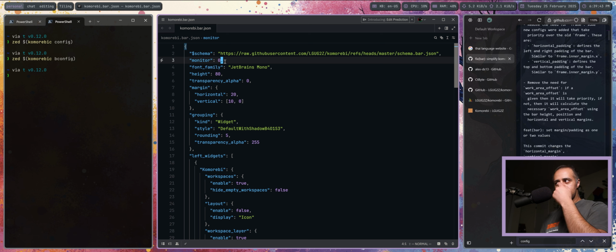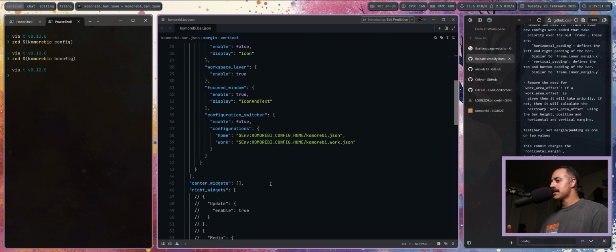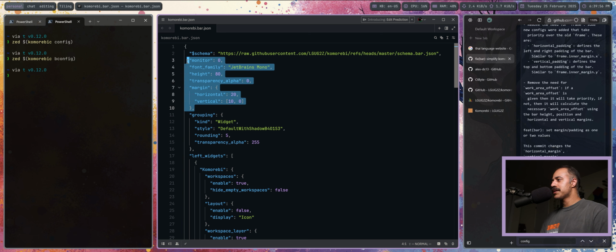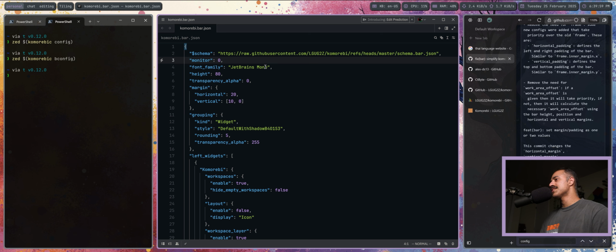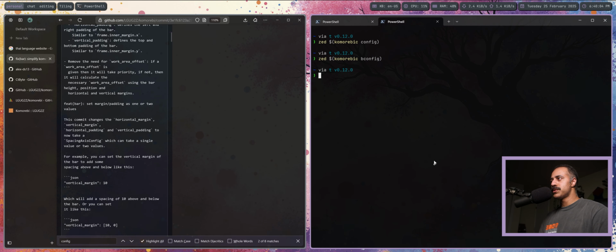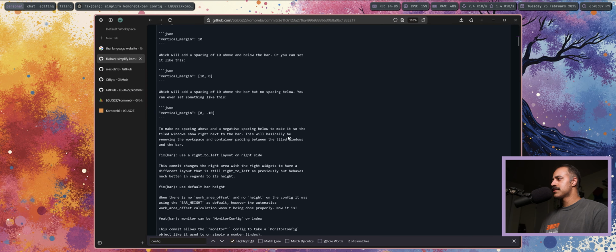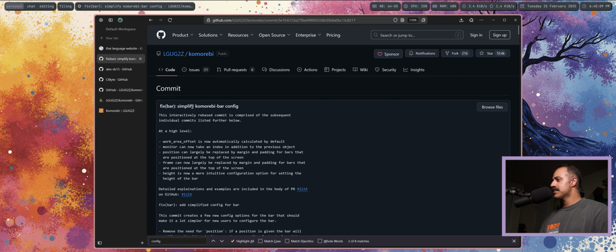So now you just set the monitor, you set the height, you set the margin, and that's it. There's no other crazy stuff. And then you can set whatever you want for the widgets. But this bit up here that used to be quite complex has been radically simplified. Do go and check that out. If you have more questions about this, read through this commit, simplify komorebi bar config, or reach out on the Discord. I think that is it for the new stuff I wanted to cover in the